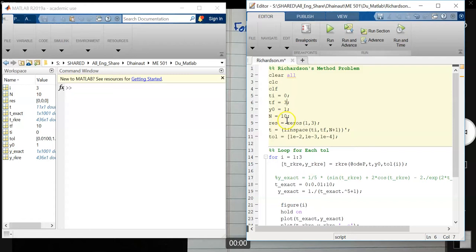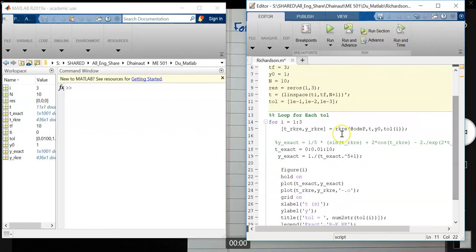N equal to 10, and the tolerances are 0.01, 0.001, so maybe I should put here 1, -2, -3. I was testing different cases. Now obviously this is just the figure. What I'm asking you to do is this function over here, which I call in my case. So if we execute this,